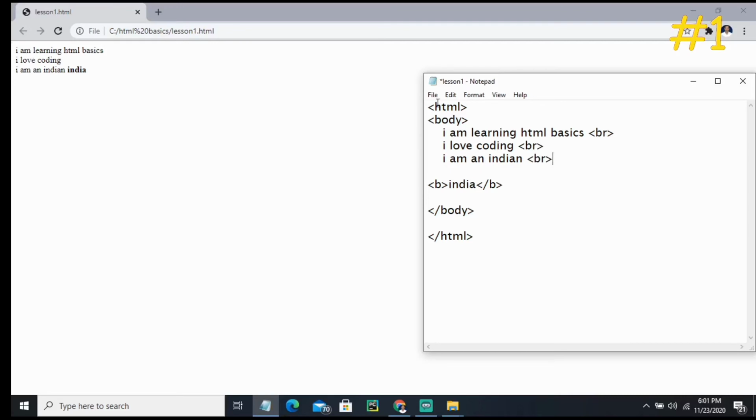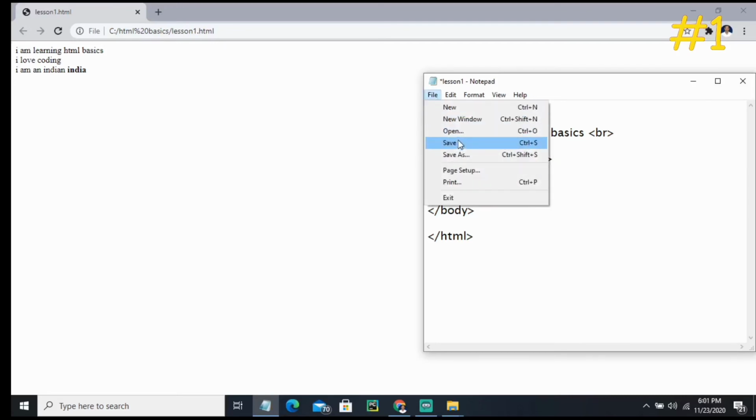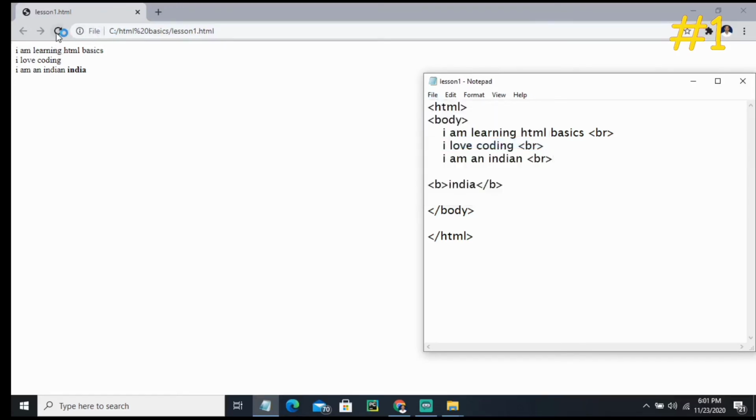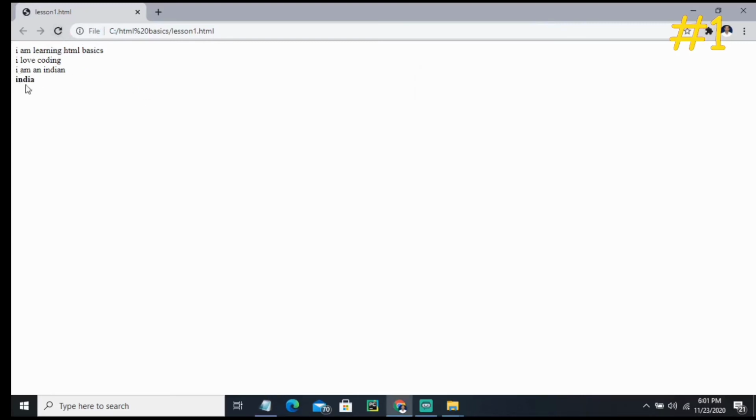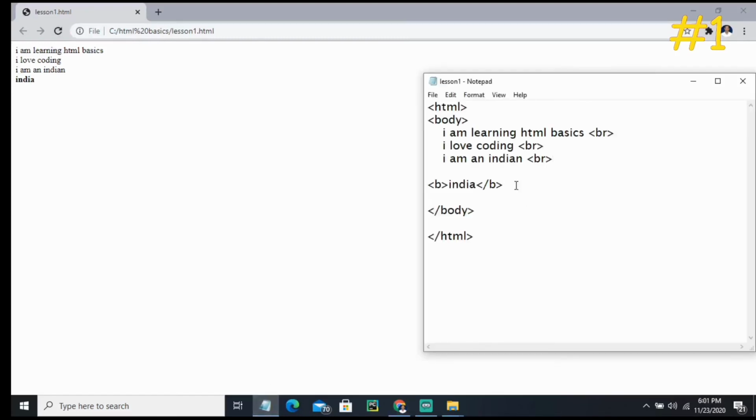So now we can save it and refresh. See, it appears on the next line. The next tag we are going to learn is the italic tag, I, italic. So let's write USA.